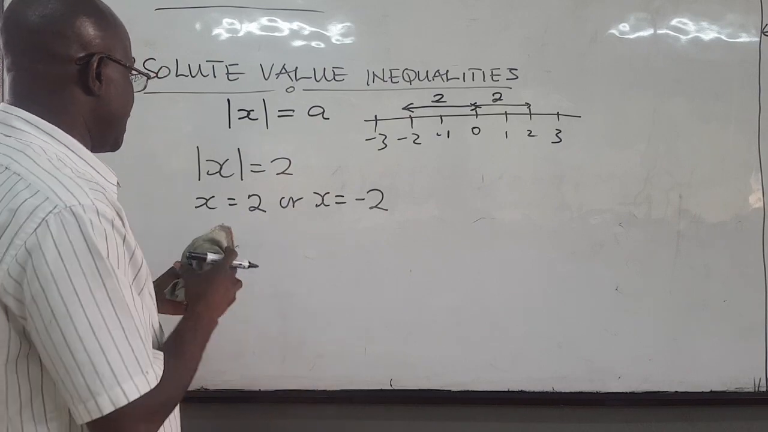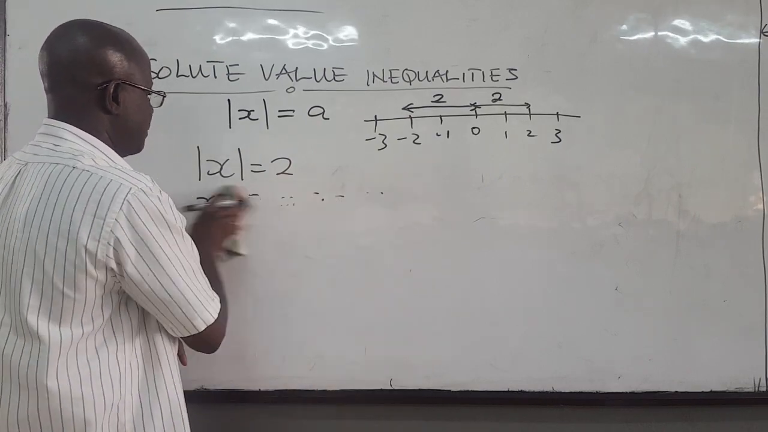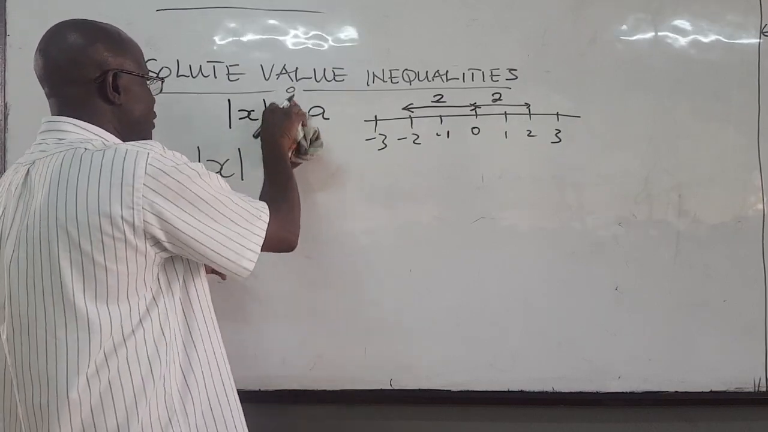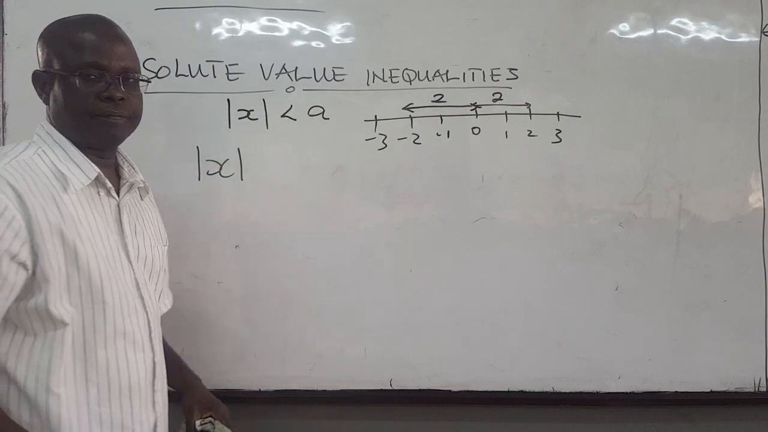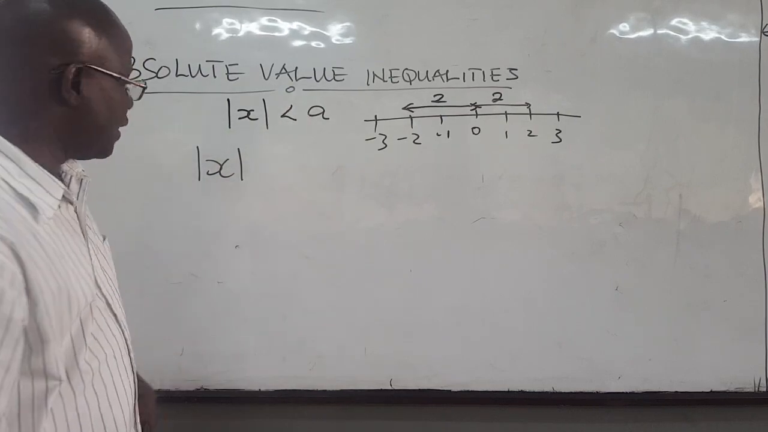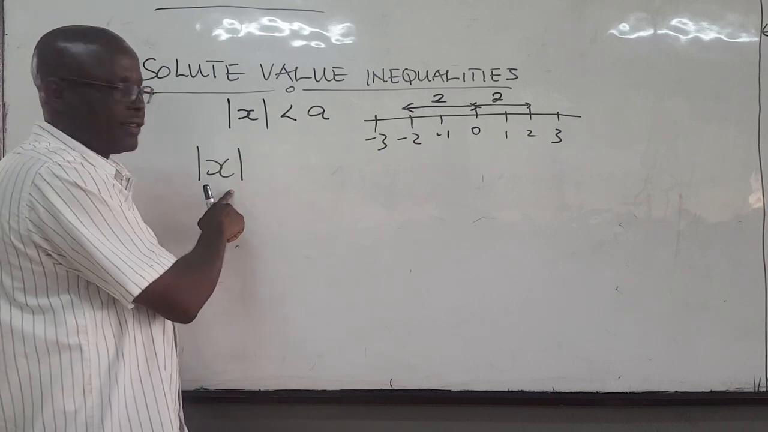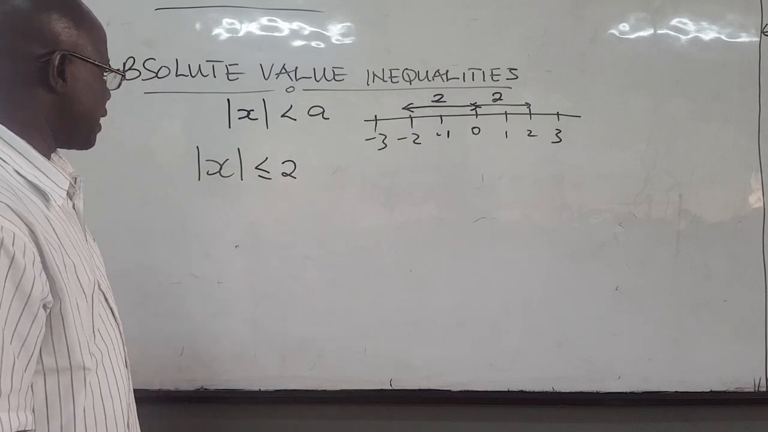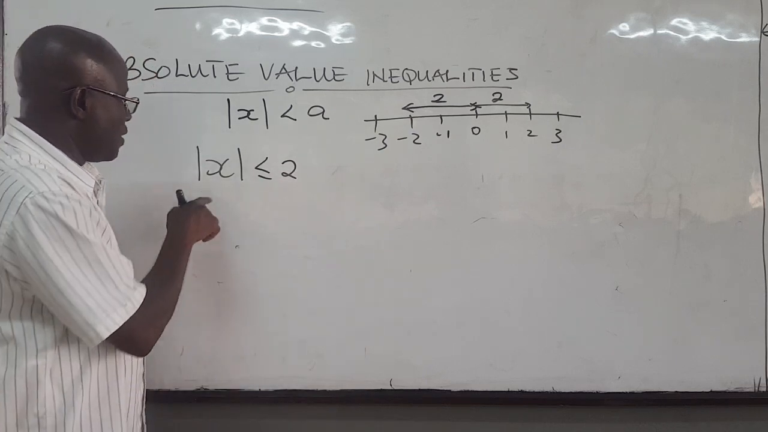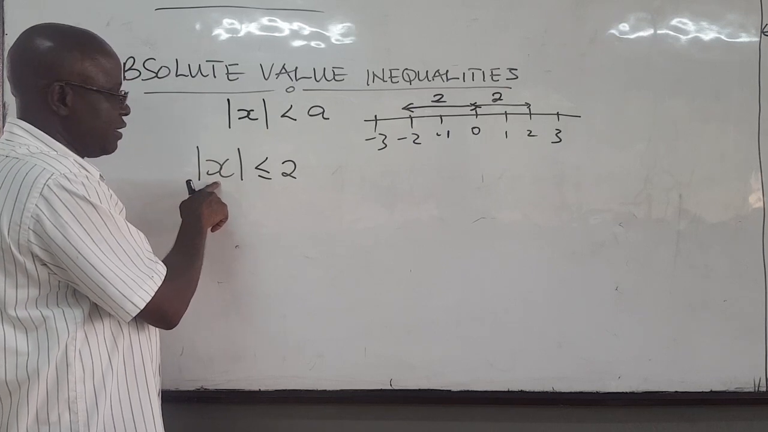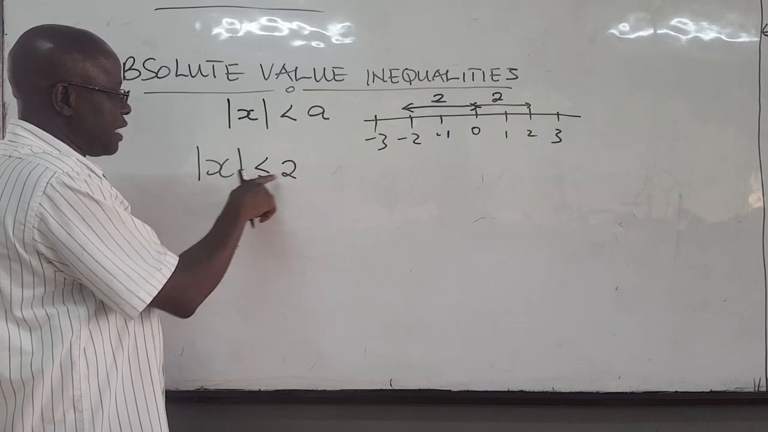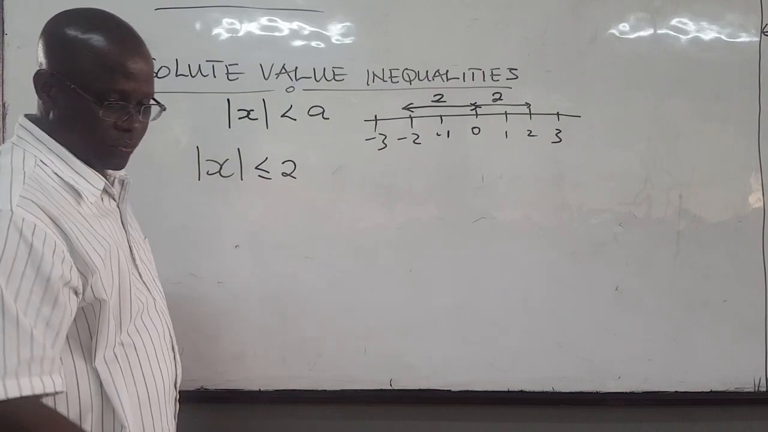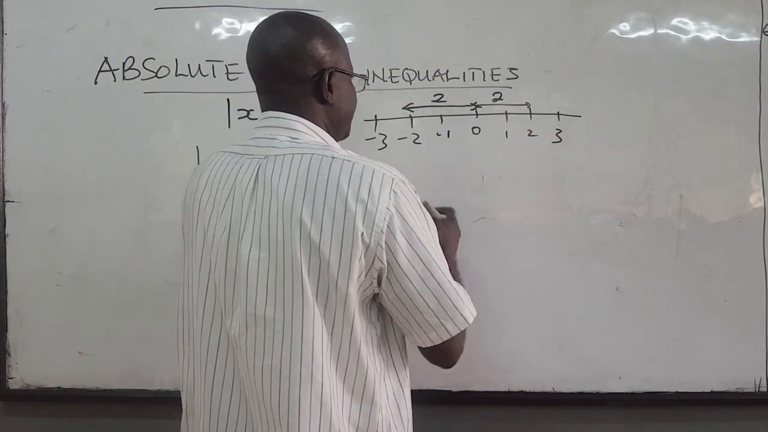The question is, what does it mean to say that the absolute value of x is less than a, instead of equal to? What does that mean? Let's take this example: the absolute value of x is less than or equal to 2. This means that all values of x such that their distance to 0 must be less than 2 or equal to 2. So it means on our number line,